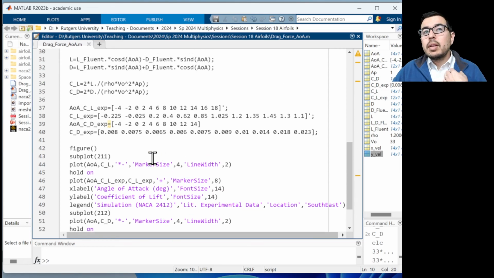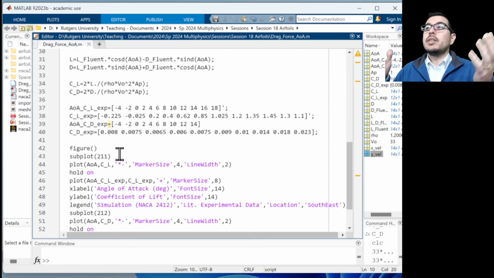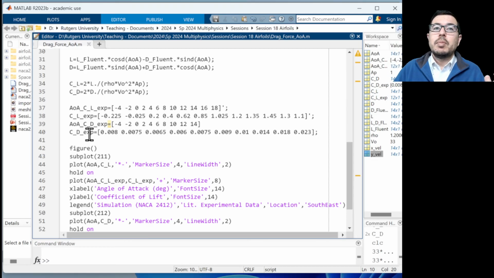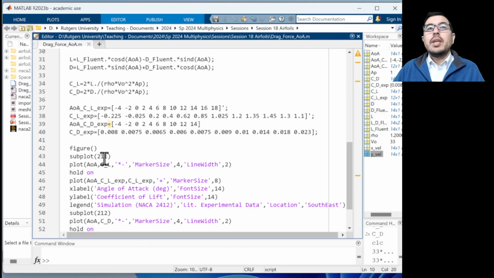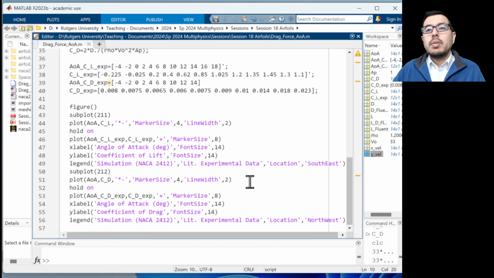Now, these lines right here, these are me just eyeballing, so they're not necessarily perfect. I eyeballed the experimental data that we were talking about earlier, and have angles of attack for the CL experiment, the coefficient of lift experimental data, and angles of attack for the coefficient of drag, because at least from what I could tell, they didn't have the same number, although maybe I'm just not reading it right. But these are estimates. And then when you plot this,